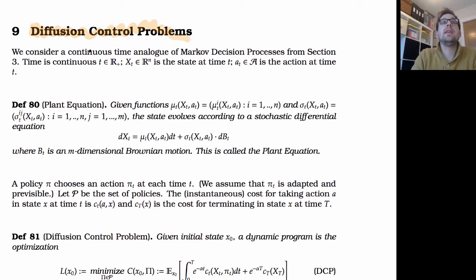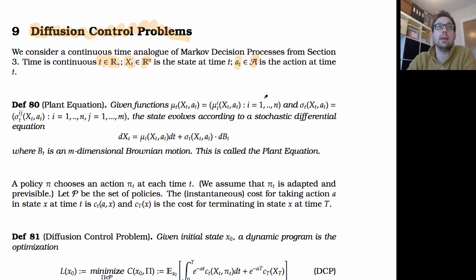So here we're going to consider the continuous time analog of a Markov decision process. Okay, so it's not the only continuous time analog, but certainly the one that's most relevant when we're considering things driven by a Brownian motion. Okay. All right. So time again is going to be continuous. Okay, so it's going to be a positive real number, and the state of the system, x of t, belongs to some set of states in R to the n. Okay, and we're going to have actions, which we can allow to be a little bit more abstract if we want,